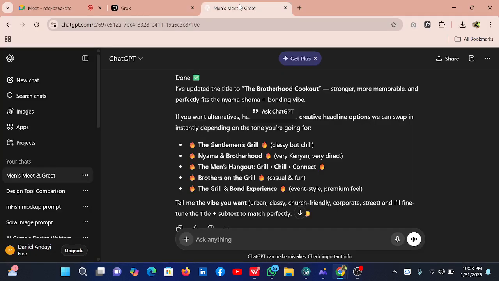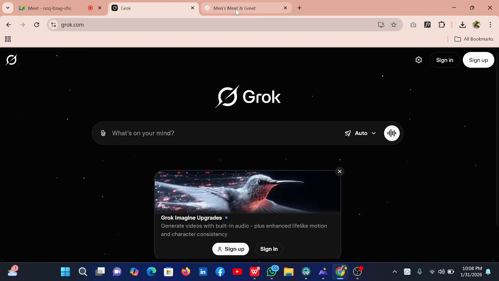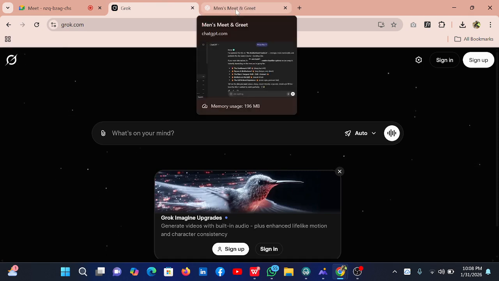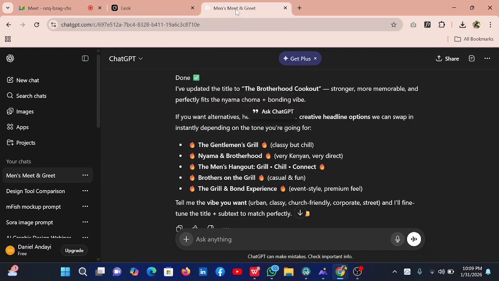So leo nimeguzia ChatGPT. After the session unaweza amua, okay, let me experiment with Grok AI. Let me experiment with Claude AI. Let me experiment with DeepSeek. Let me experiment with every other tool out there that I know about that can give me similar results, that I can chat with and inipatie answer. Sasa, but if you are new to this, just use ChatGPT. It is beginner friendly, it is standard, it gives you something good. Okay, nice one. So let's go to the next one.